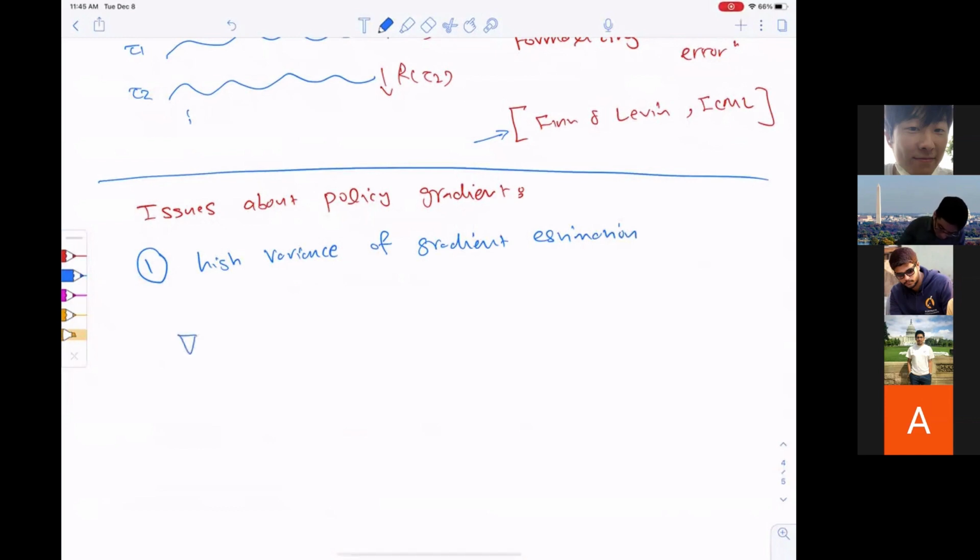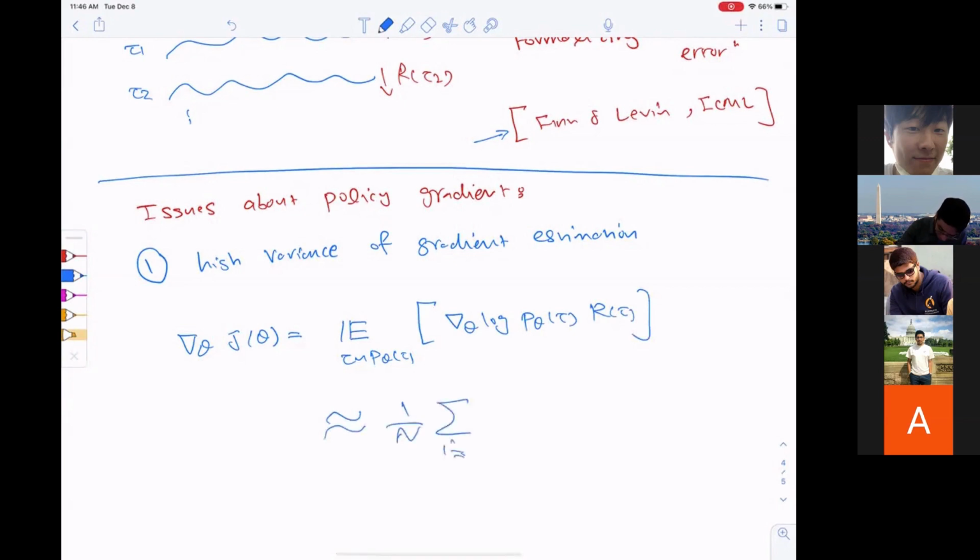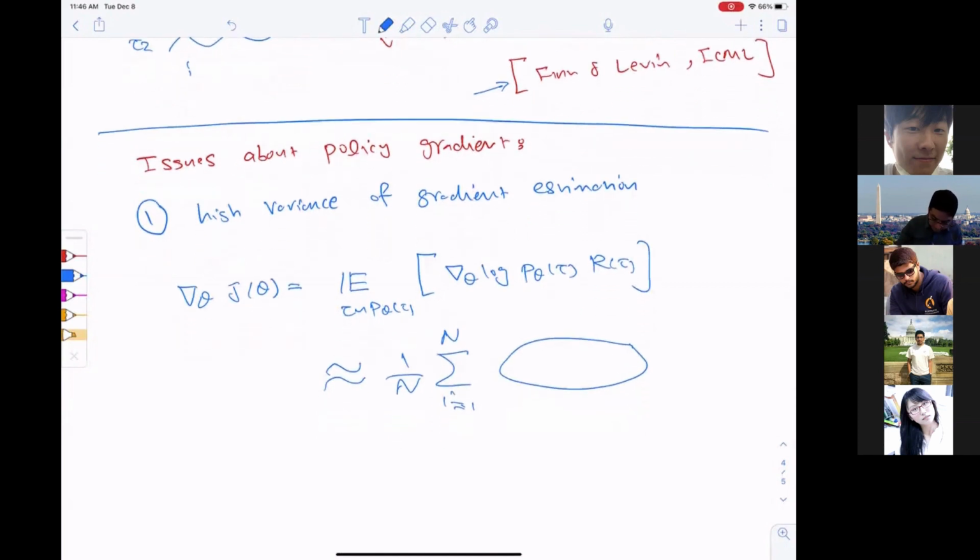So again, as I mentioned, the gradient of the loss, the objective function that we have, we wrote that exactly as an expectation using the trick of the gradient of the log probabilities times the reward. So far so good. But here we have this expectation, right? So we look at the empirical average over n samples. Please unmute yourself if you're not asking a question. So here we may have high variance.